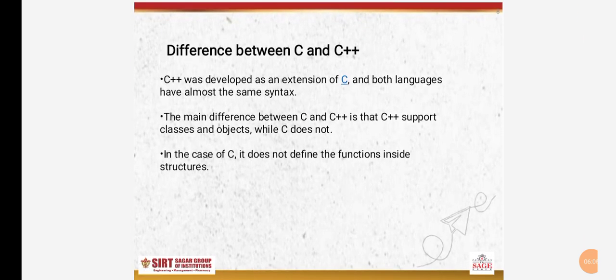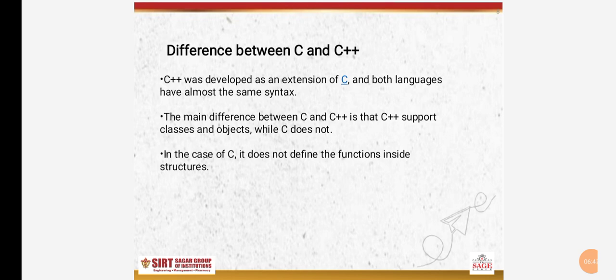Now, what are the differences between C and C++? As we know, C++ is an object-oriented programming language. That means it relies on the concept of objects. But in case of C, it relies on functions and procedures. That means if we write any program, we have to follow the procedures one by one. But in C++, we write code which is reusable. That means we don't have to write the code again and again.